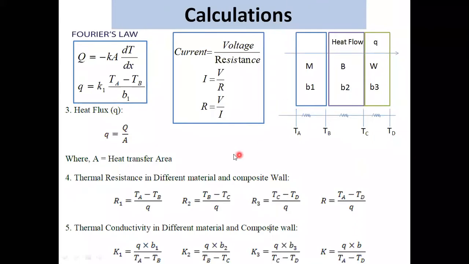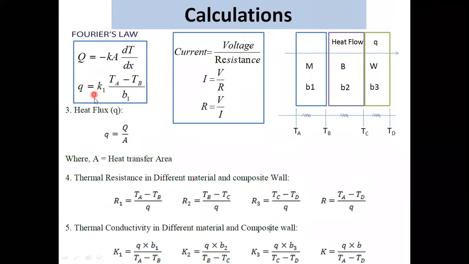So now we'll do some calculations. So if you see here, Fourier's law Q equal to minus K dT by dx, and Q by area, that is capital Q by area, will give you the heat flux. So heat flux is the heat supply divided by area. So Q by A is the heat flux. Here K, that is K1 if you are considering mild steel, and TA minus TB is the temperature gradient across the mild steel, and this is the thickness of mild steel.